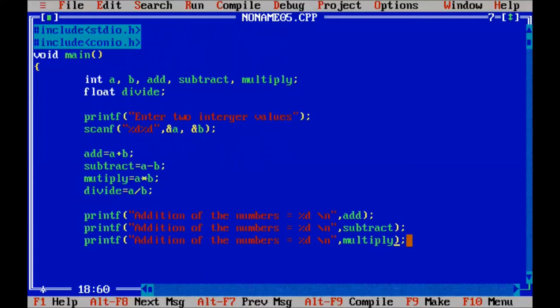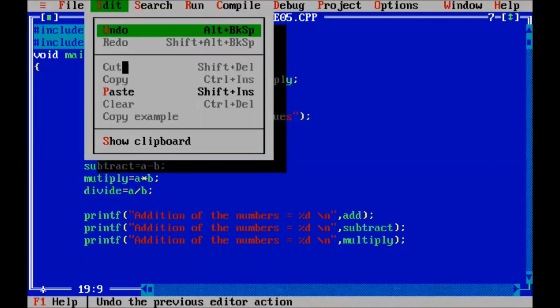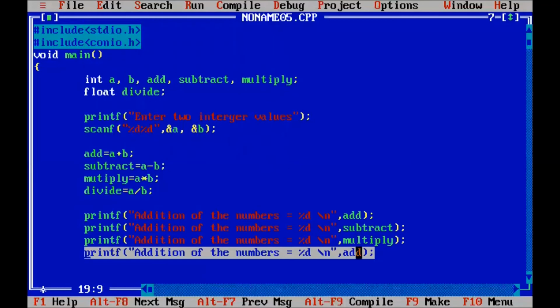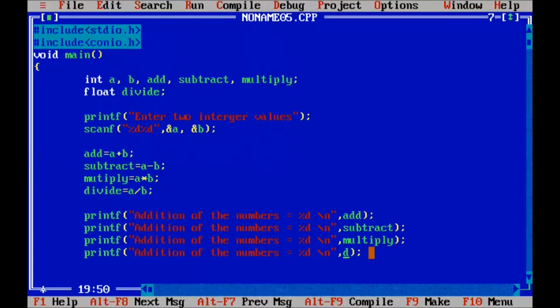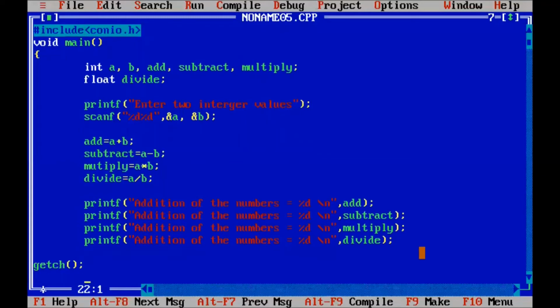Again we paste one more time for divide. Okay, so we print here and we also use the getch function, and here we close the curly braces of the main function.